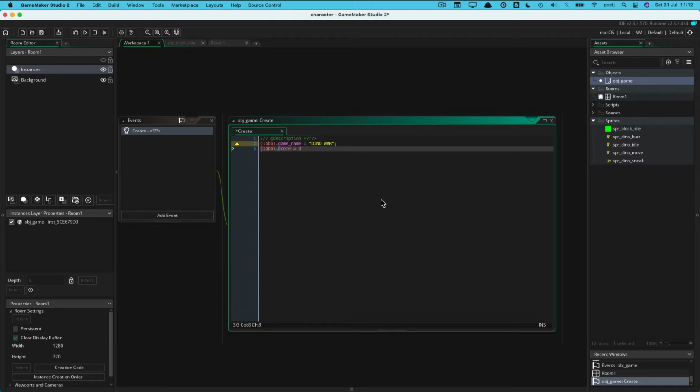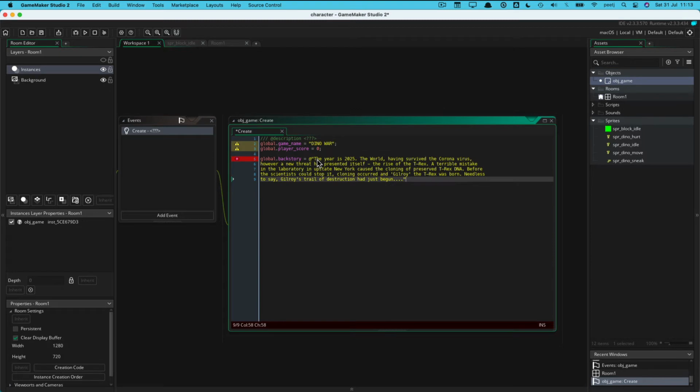I'm going to use my own player score, which obviously is 0 to start off with. I want a backstory because I might display the backstory on the screen before we start playing the game. And notice this string has an @ before the double quotes, and that enables me to write this string on multiple lines. I'm actually going to cheat and just paste it in here because it's quite a lot. So that's my backstory,